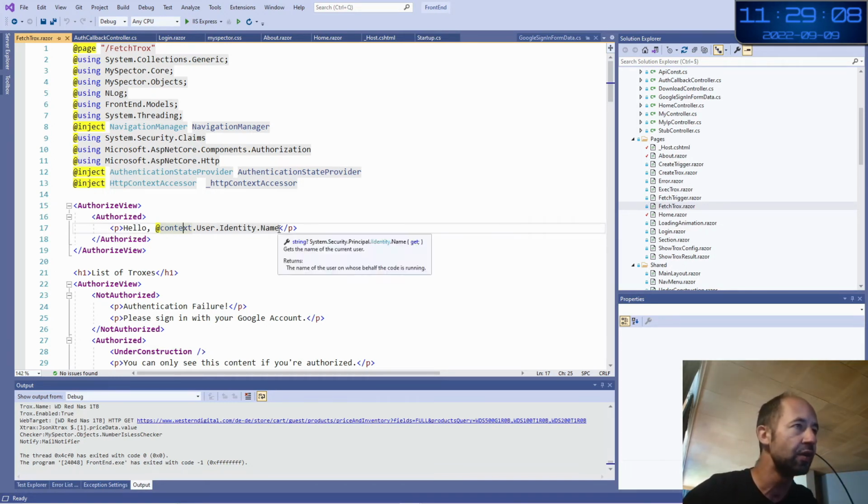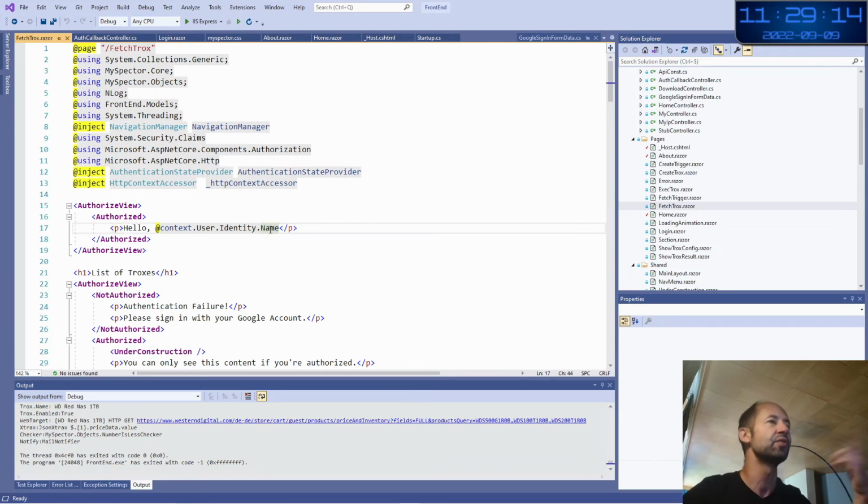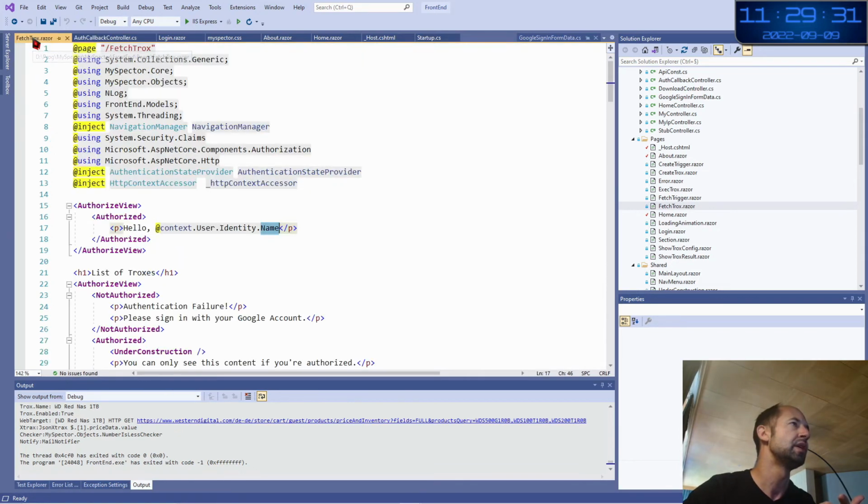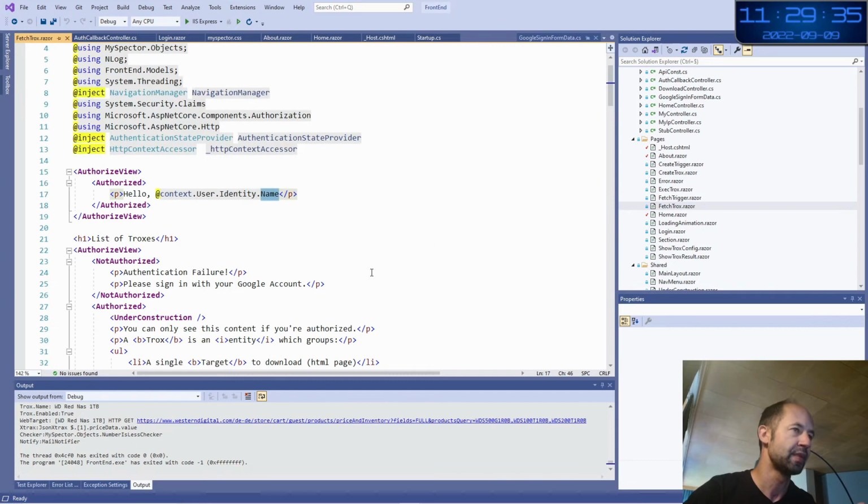And here you see again the key value, Identity.Name, which corresponds to, in fact, name is not one of the key values. Name is something which gives the value of a claim which corresponds to the name. And because I have created a claim with a name, here I have access to the identity name.